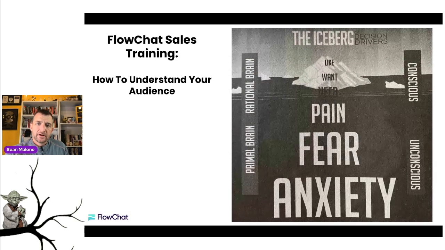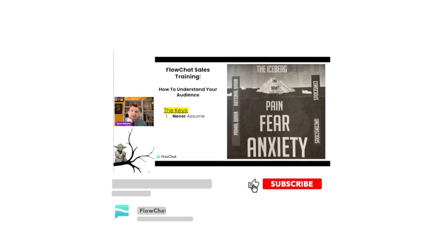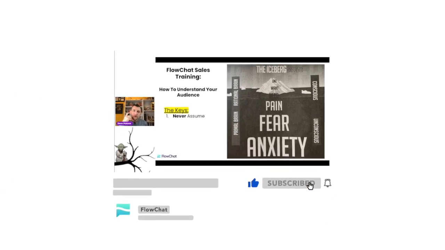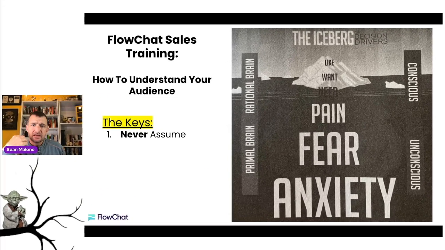And here's why, right? So first and foremost, just some pro tips, the keys to understanding all of this. Number one, we never assume. So in a conversation, if someone says, ooh, that's awesome, that sounds like a like or a want or maybe even a need. It doesn't sound like, ooh, that's hurting me, I need to get rid of it. And that's the big barrier between where I believe traditional salespeople fall down and pro salespeople stand up.